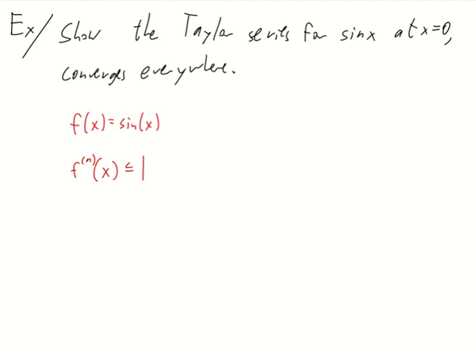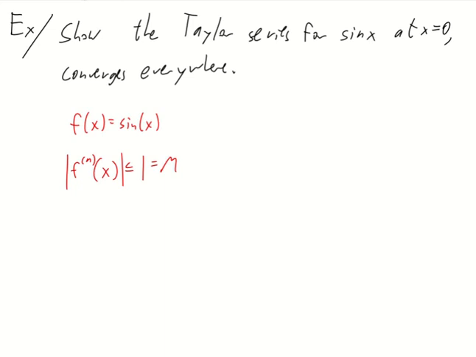Since it's just going to bounce back and forth between sine and cosine, we know that the value of the derivative is always going to be within 1 of 0, because there's a max and a min for sine and cosine. They're always going to be between 1 and negative 1. And so since that's the case, this is my M,